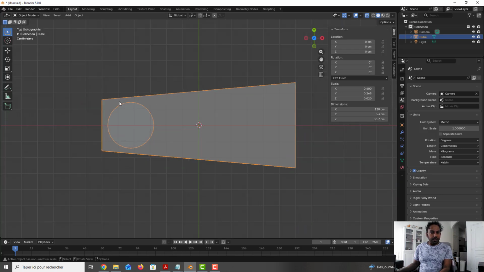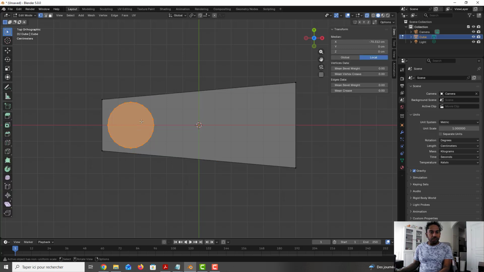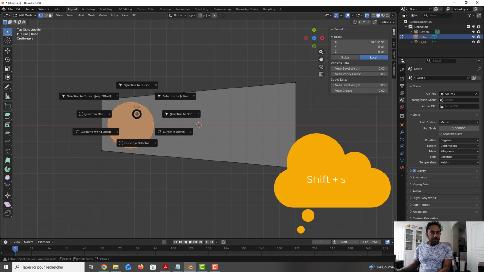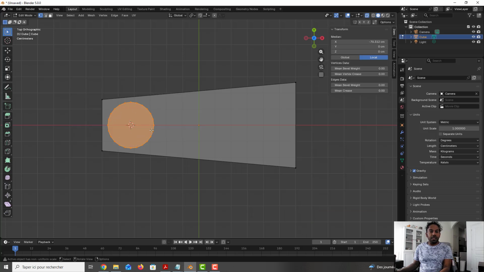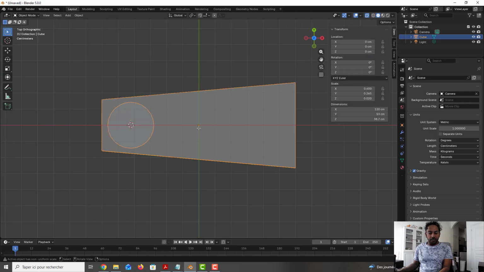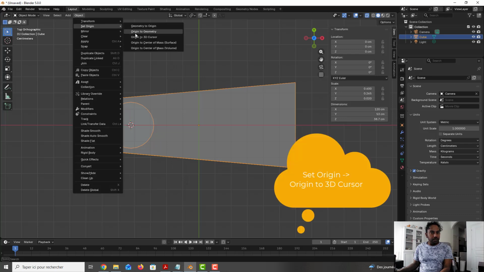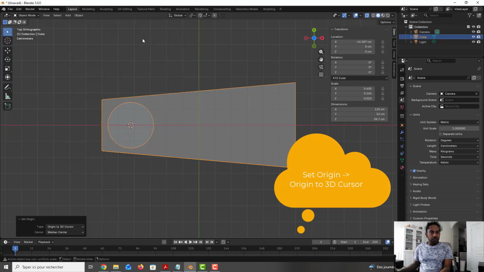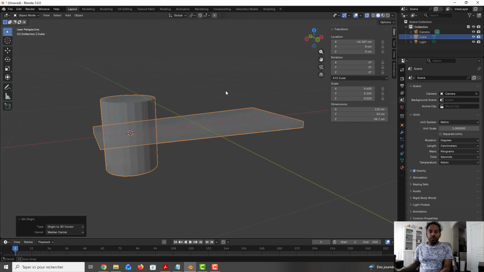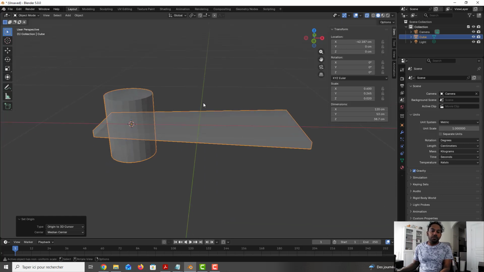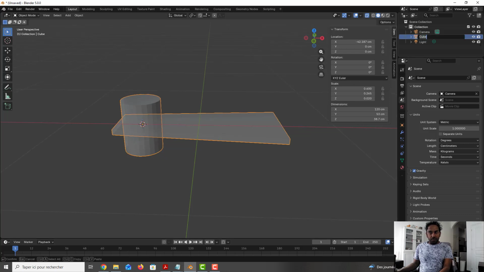You see the cursor selected is not on the same position as this, so I would like to put the center of the selected object here, so I press Shift S, cursor to selected, and now it's aligned there. We need to change the point of origin of the object, so I escape, I press Tab to go to the object mode, set origin to 3D cursor, and now it's aligned. It's really important to do that, because if you don't do that you will have some trouble with the rotation after. We have the object selected, we can rename that to step,